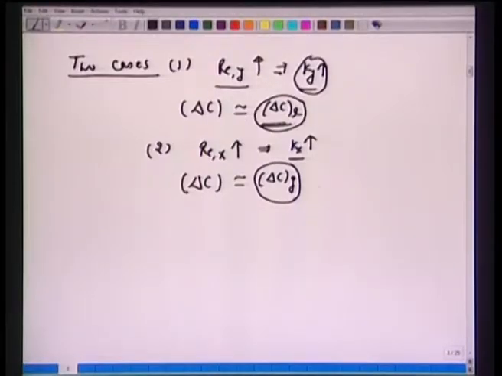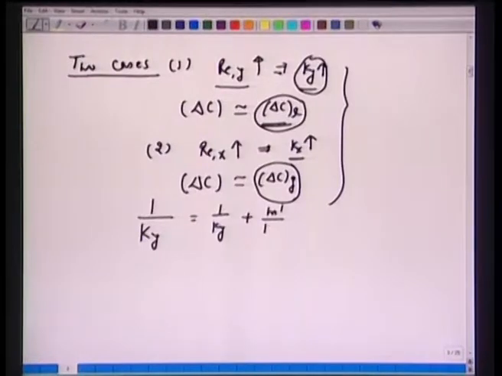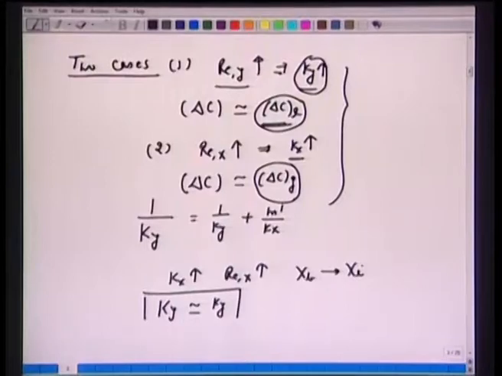So with that physical understanding, if we go back to the previous expression which we obtained for overall mass transfer coefficients, we have 1 over Ky equal to 1 over small ky plus m' over Kx. Let's assume that individual Kx is very large. That means the Reynolds number in the liquid phase is very large. We have the bulk phase in the liquid phase approaching the interfacial concentration, so there is no drop here, and with that, if we take the limit Kx tends to infinity, the overall mass transfer coefficient can be approximated by the individual mass transfer coefficient, capital Ky equal to small ky.